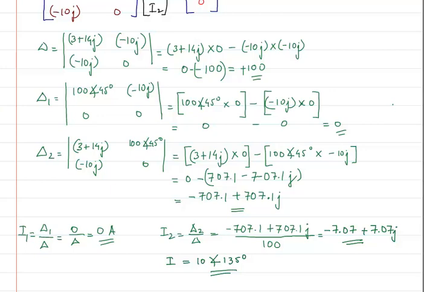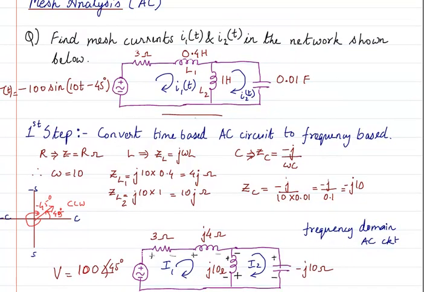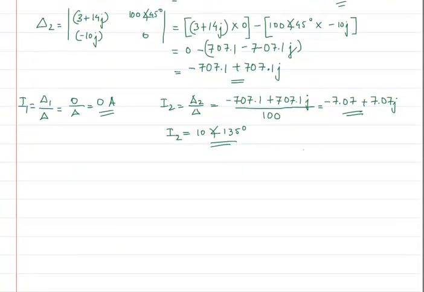Now, one more thing is left. We have found I1 and I2. What is left is how the question was given. The question was given directly as an AC circuit, and the current is time based. So we have to write the answer also in time basis. That is what is remaining. If it is not given in time base, if it is directly given in the form of a frequency domain AC circuit, then the problem is finished here, and in most cases it will be like that.